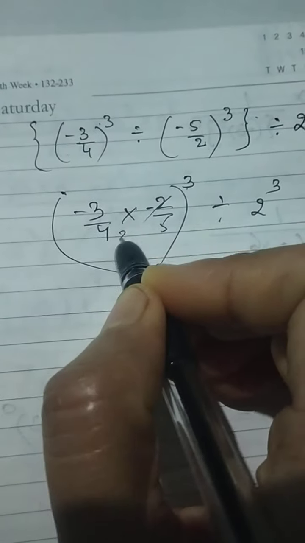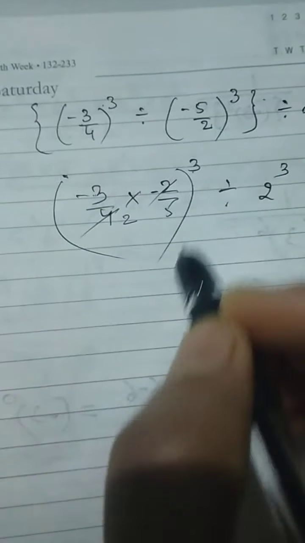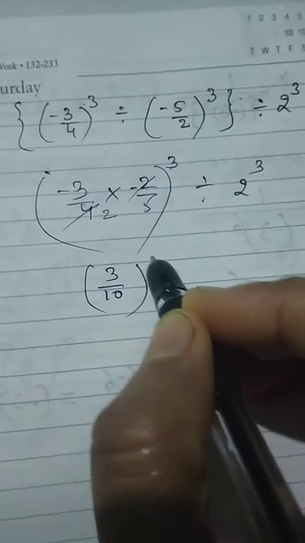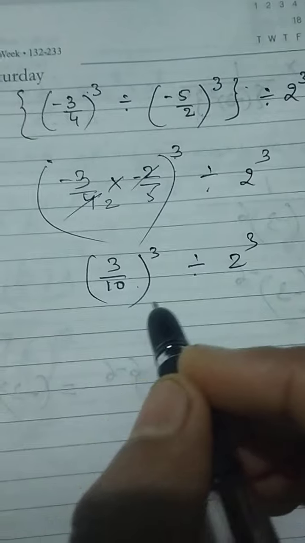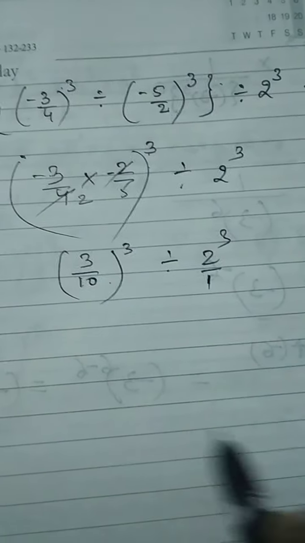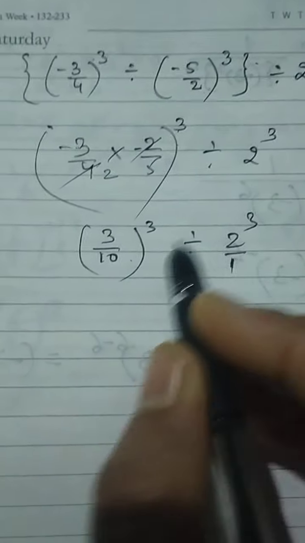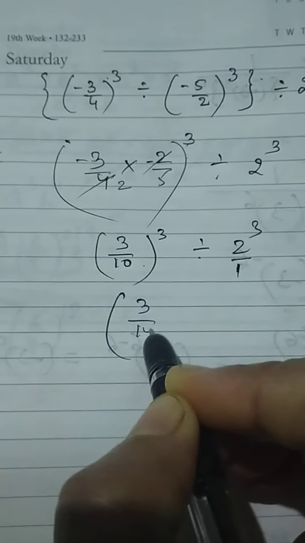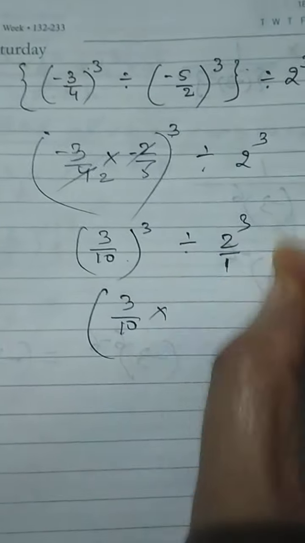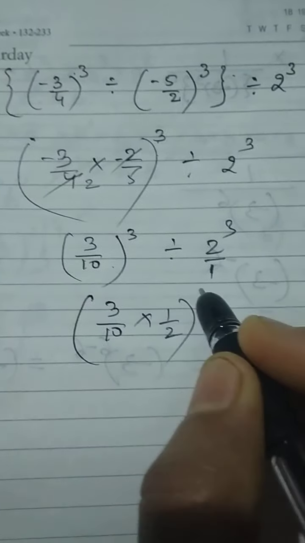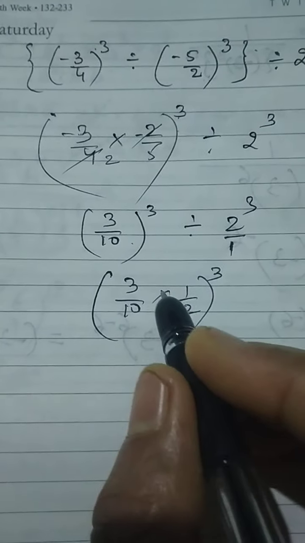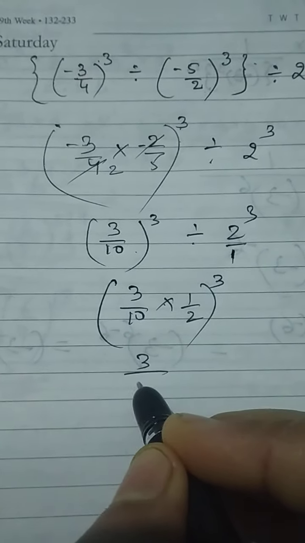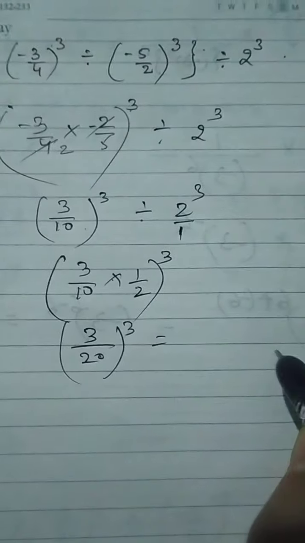Now 2 to the power 3. Complete the bracket work. 2 2s are 4, minus minus will be plus. So 3 by 5 2 tens are 10 cube divided by 2 to the power 3. Now this and this we will divide. Again the bases are different but the power is the same. So again we will divide it. Divide means make it reciprocal, and divide becomes multiply. Now 3 1s are 3 by 10 2s are 20 to the power 3.